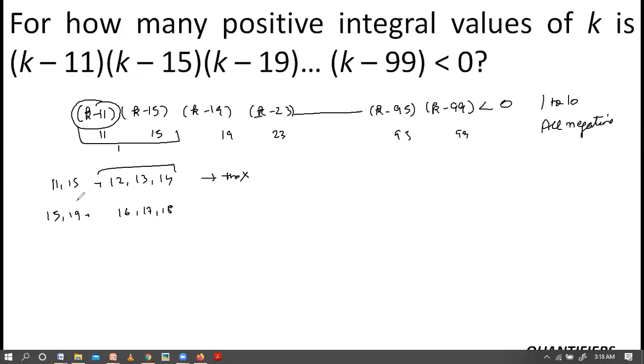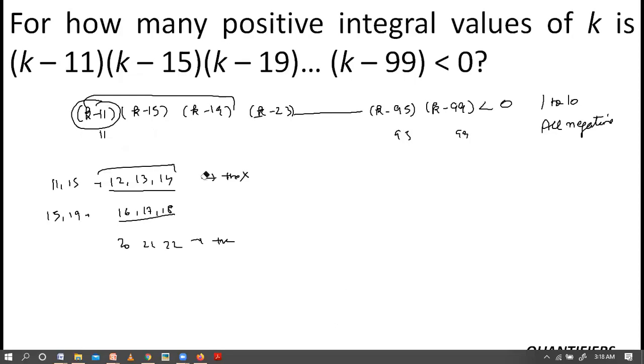Now this trend will follow. For the first three we have positive, for the next three we have negative. Similarly, if I will put anything between 20, 21 and 22, it will be positive. Okay, because three brackets are positive, 20 are negative, right? So basically first gap is going to give me positive, second is going to give me negative, third is going to give me positive, fourth is going to give me negative. So when I say that first is positive gap, second is negative gap, gap represents the terms between this.